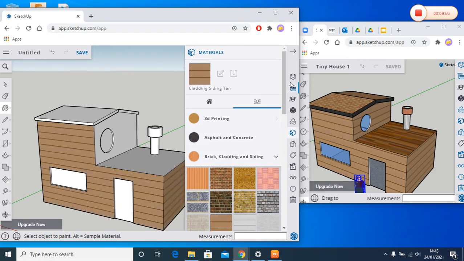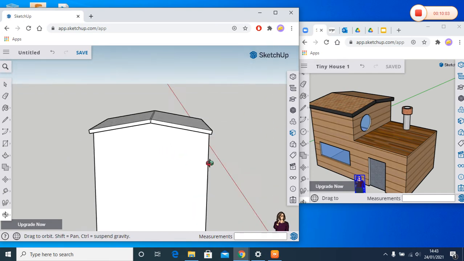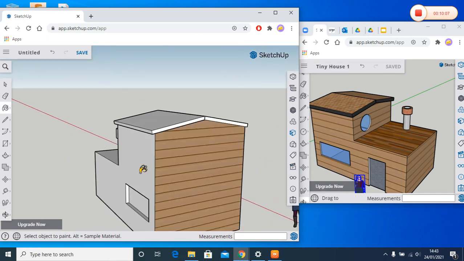I'll just hide that menu for a moment, and then I'll orbit. Just press escape once to get your paint pot back. Click on there and click on there. Then let's go to my paint pot again, and